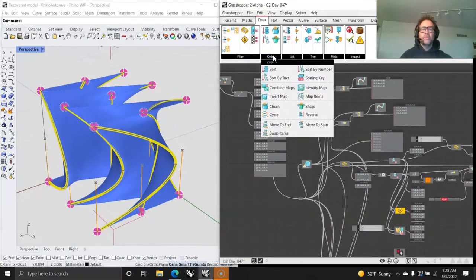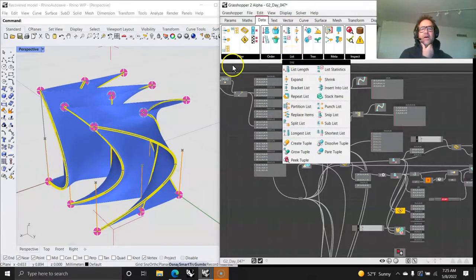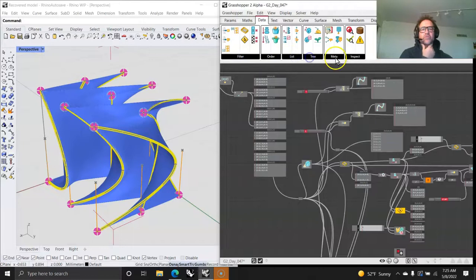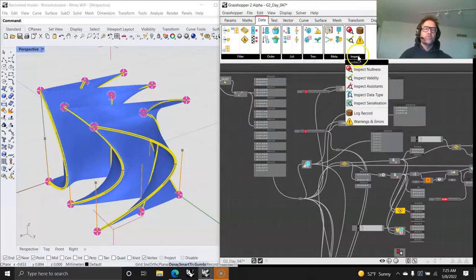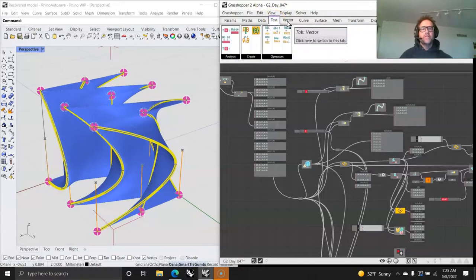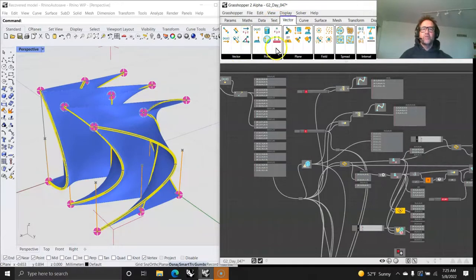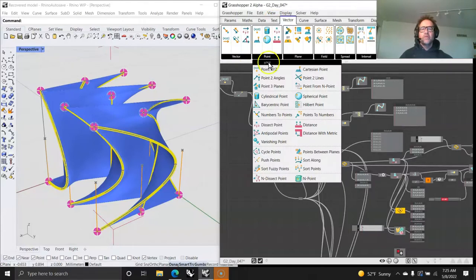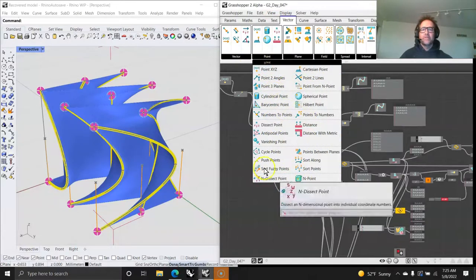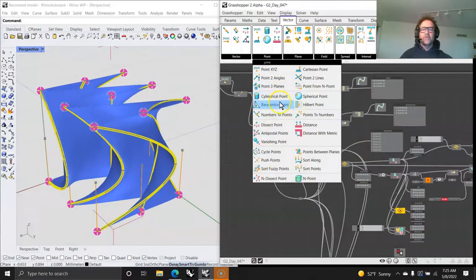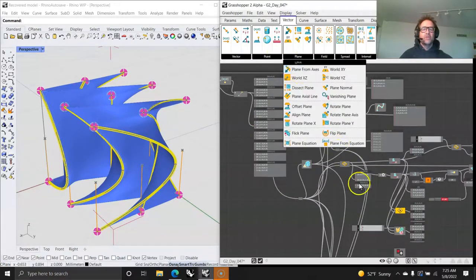I haven't played too much with the sorting, even though I started to play a little bit. But obviously, filters are going to get you the list, trees, and the meadows are wonderful for outputting. I haven't done much, and this is only because I'm avoiding text right now. The vectors are nice to go through, but I keep going into points. But whenever I go into points and get the point and Cartesian point, I'm like, I don't need to play around with these points and all these wonderful little algorithms that are in here. I'd like to go back to the data and understand this list of trees and tree manipulation,